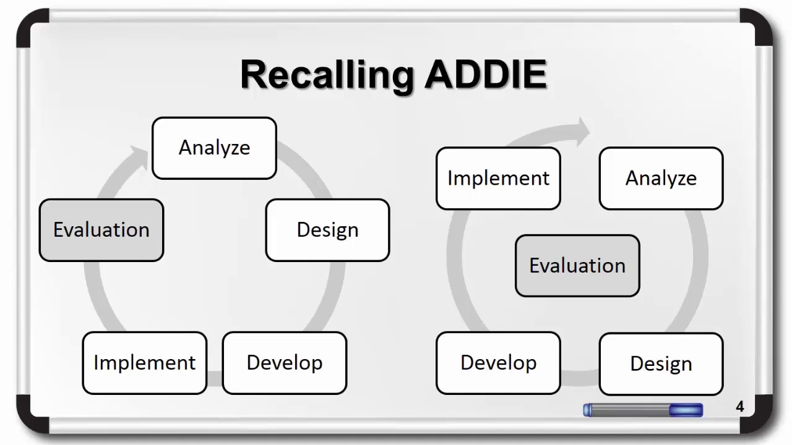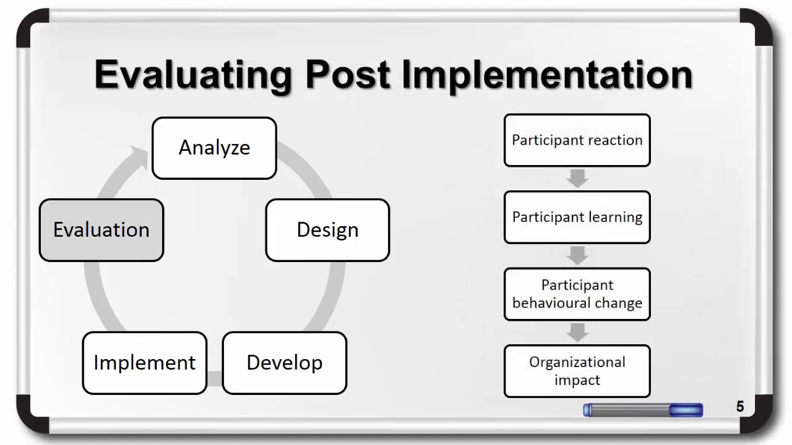First, we'll look at how we can evaluate our products after they are implemented. And second, we'll look at how we might evaluate our own design process when focusing on each successive stage. There are several different ways we can evaluate our learning products, each of which has a slightly different purpose. We'll focus on 4 in this session: participant reactions to our products, participant learning from our products, participant behavioral change,